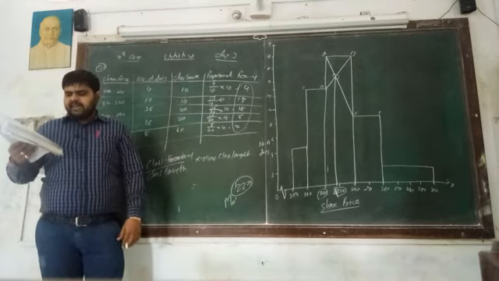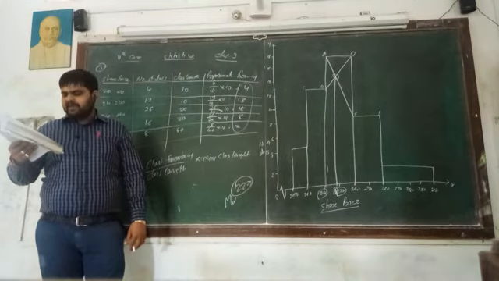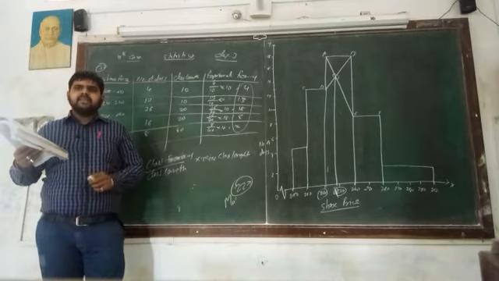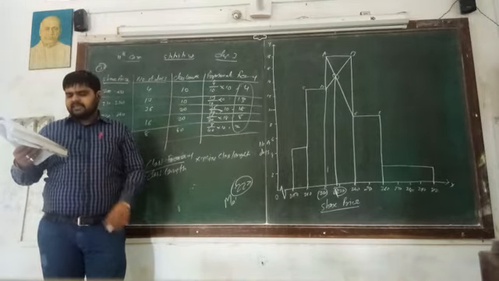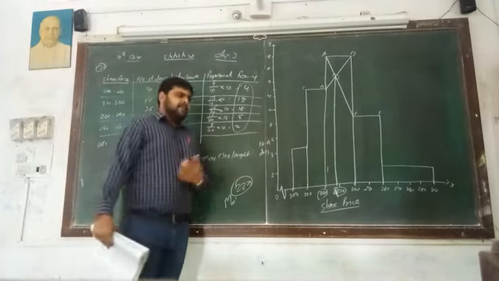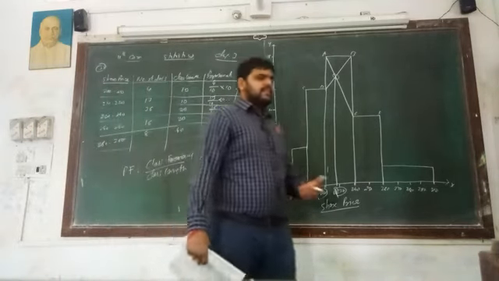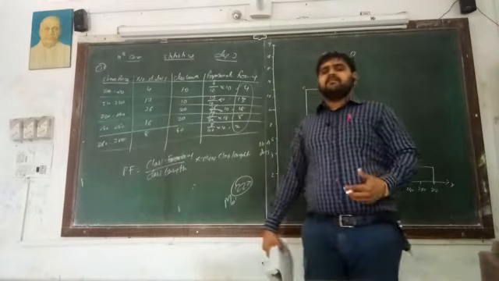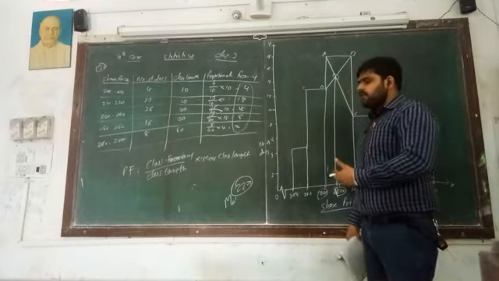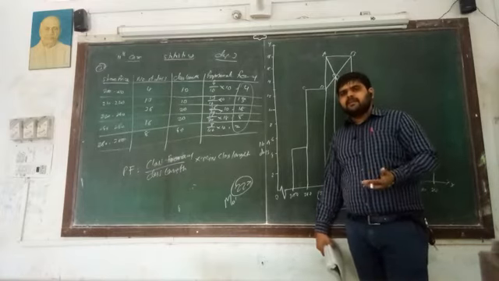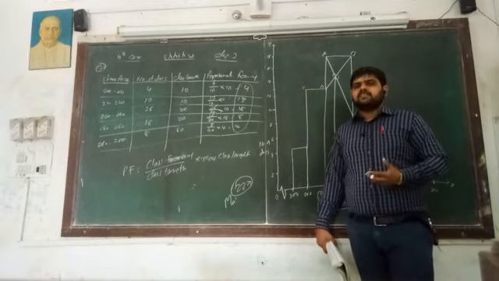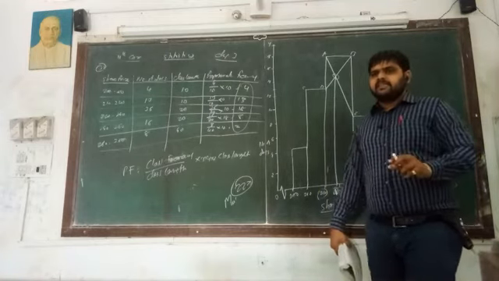Number 3, it has less stability to sampling as compared to mean. Stability is not there, highest stability is in mean. Okay. And last, it is not suitable for further mathematical calculation, where mean and median are useful for further mathematical purposes. But here, this mode is not as useful in comparison of mean and median for the purpose of study. Okay, so this is all about 2 things that we have to cover.